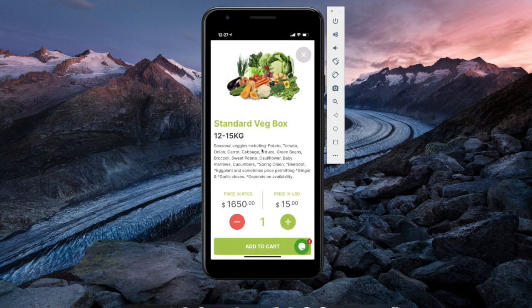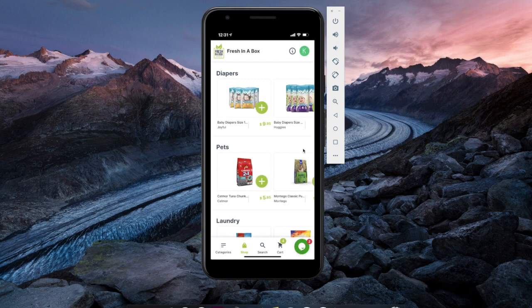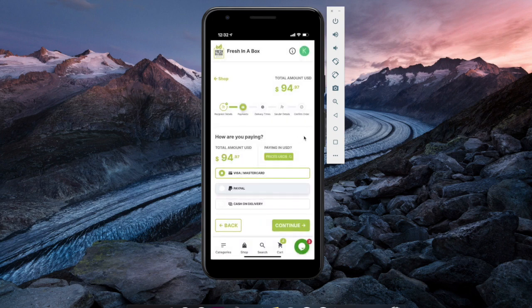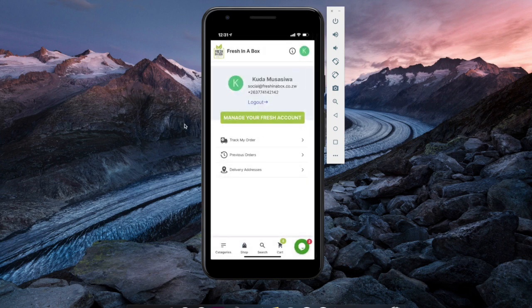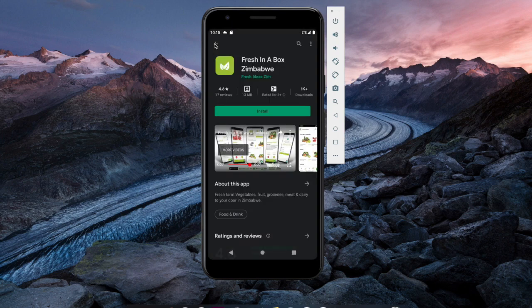It looks solid. Do you guys use this app in Zimbabwe? If you're in Zim, please do let me know if you use this app or if you knew about it. And if not, you can try it and let me know what you think of the application, because you can try it out and see how it works. But judging from the UI, technically I am a UI person, and I can see that this was really well thought out, and this looks like a pretty good app. And it has 1K plus downloads, so kudos to that.